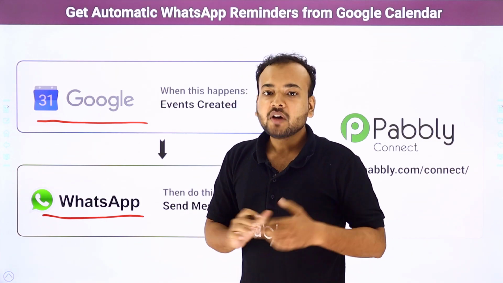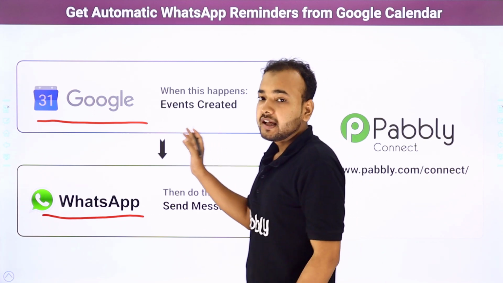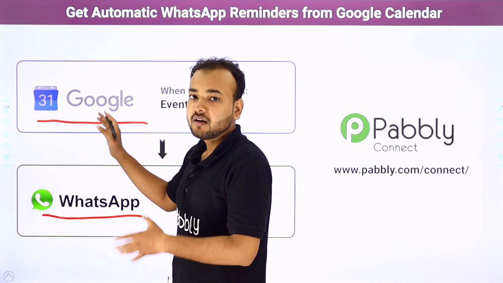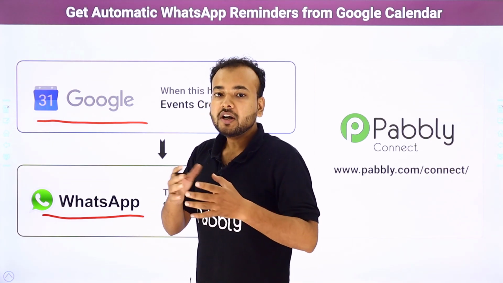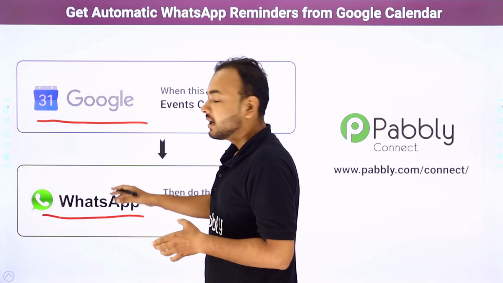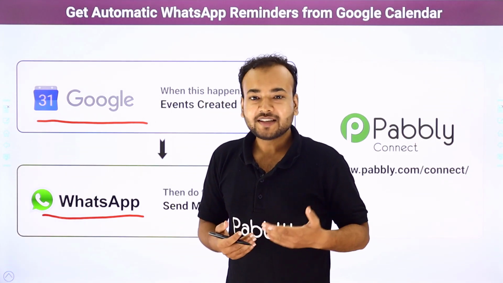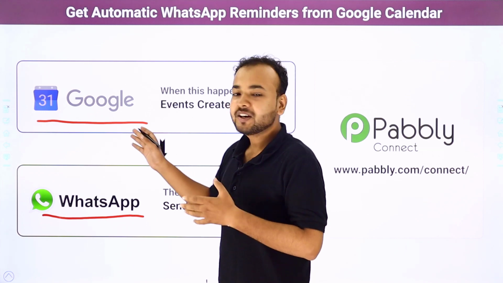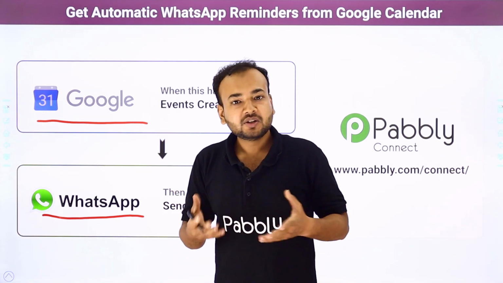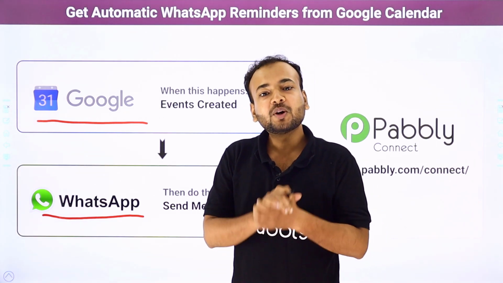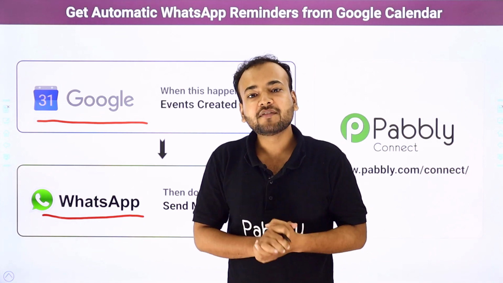Now to get this done, you have two ways. One is to manually go and check in Google Calendar which event you have on which date, and if any attendee is there along with you, you will deliver them a reminder message here on WhatsApp. Or you cannot send yourself a message, because if you check Google Calendar every time, you are going to know about any new event. But this process can be very repetitive and tiresome for you. So we have a better way for you.